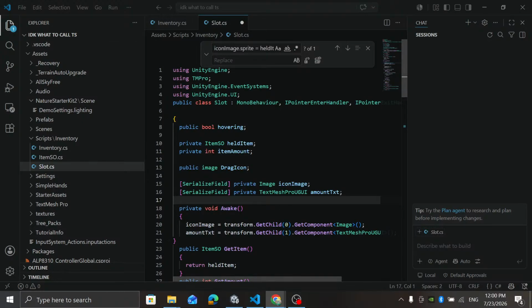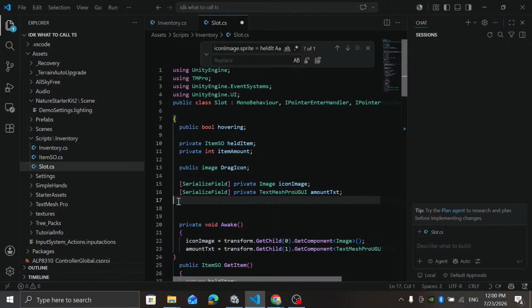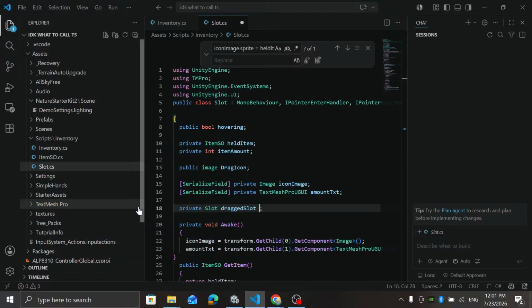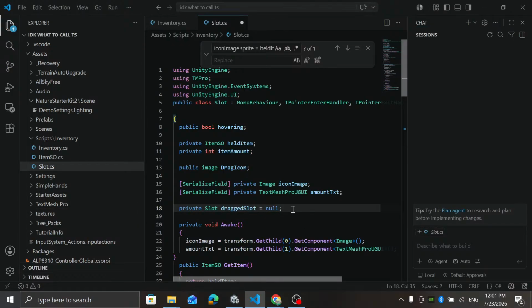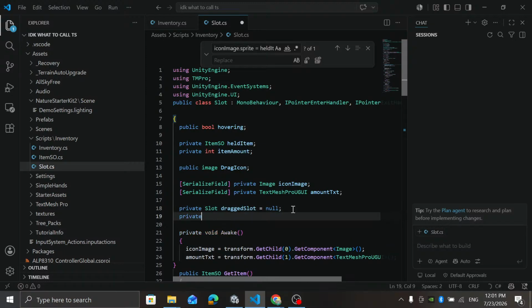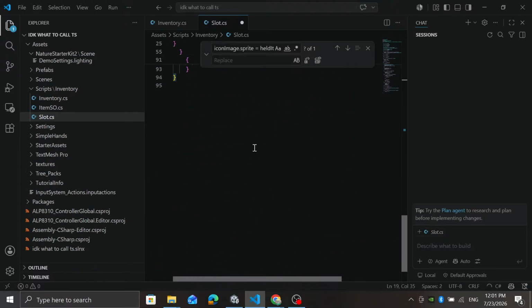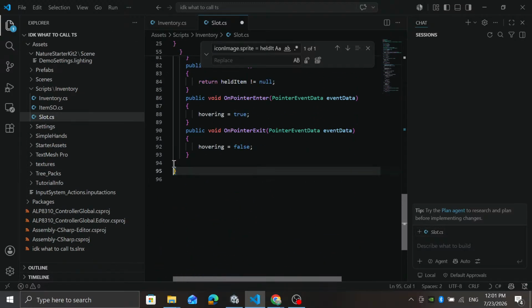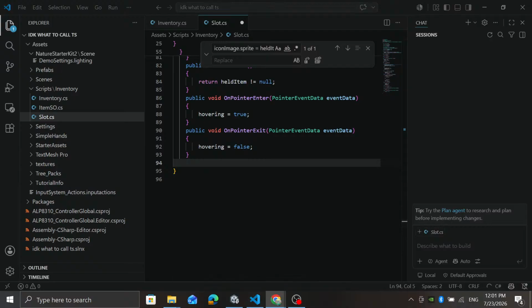slot, which will be equal to null in the beginning, and we'll also add a private bool called isDragging, which will be false in the beginning. Now we can scroll all the way down, where we will add a function, so a private void called startDrag. Here we will